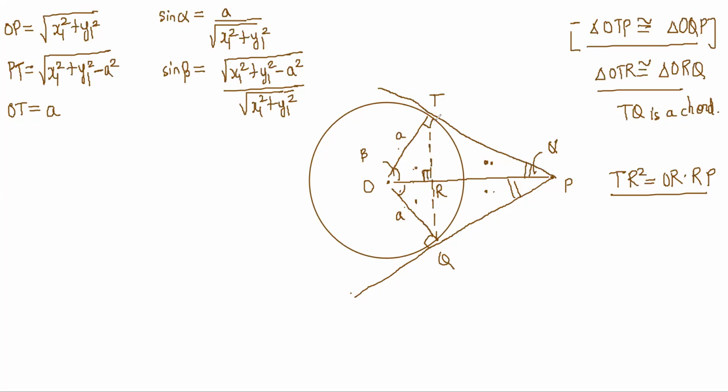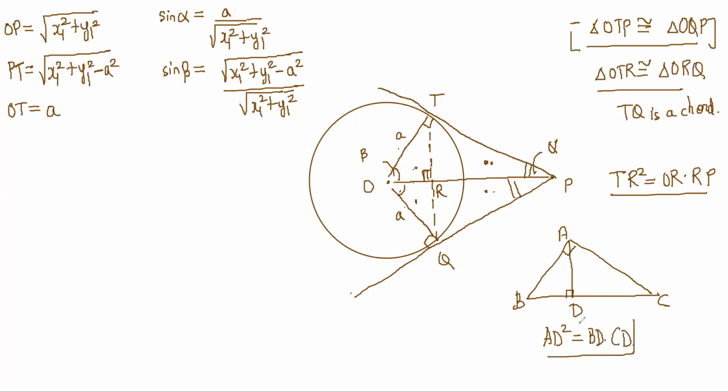Is it true in a right angle triangle like this, if you drop a perpendicular on this side, right? This is 10th standard similar triangle stuff. So A, B, C, D. You can prove that AD square is equal to BD into CD by similar triangles. This triangle will be similar to the big triangle, and similarly, this triangle will also be similar to the big triangle, right? You understand, no? This is 10th standard similarity, dude. You should go back and try to prove it if you're not convinced.